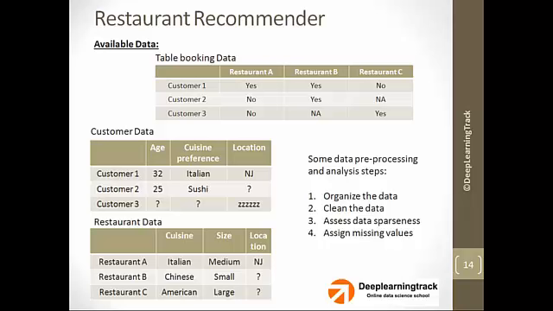So for example, just to give you an intuition, if age as a variable is missing in a particular data, we might fill these missing values with the mean of the rest of the values for age, or the median of the rest of the values for age. And getting a little more complex, there is an algorithm called k-nearest neighbors that helps in imputing it in a much more appropriate way.